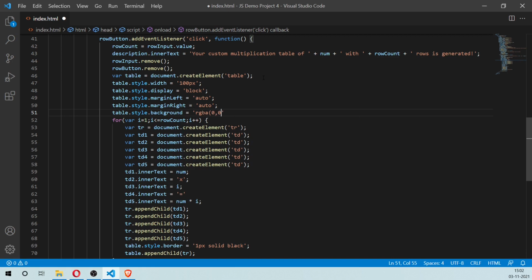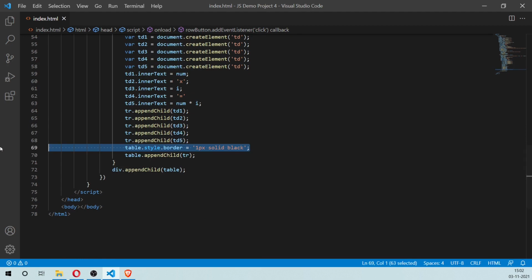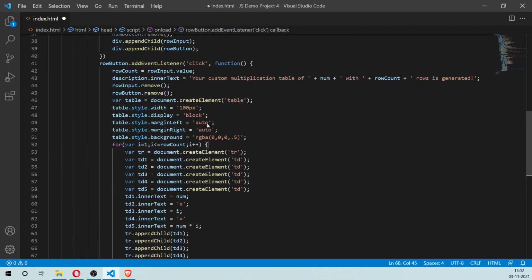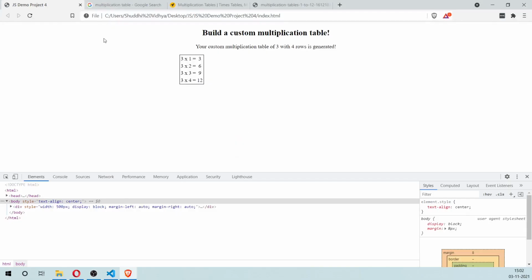You can give it any color you want. I'm just going to go for something simple, and we'll also move this particular style all the way at the top. Okay, so let's save this.